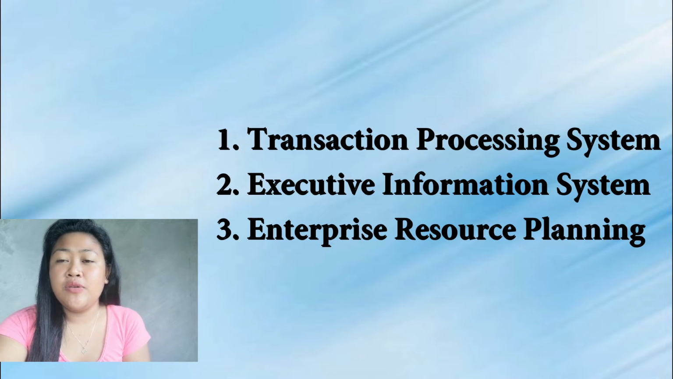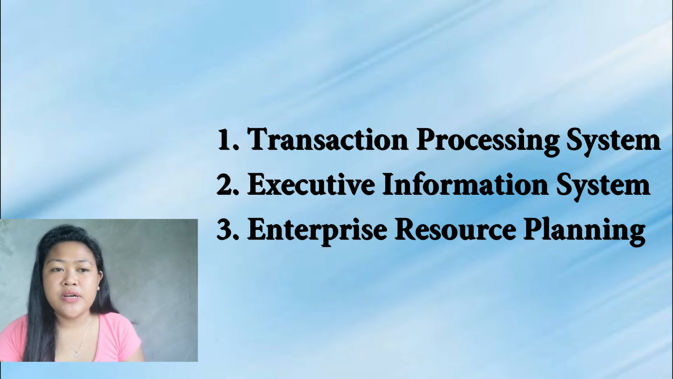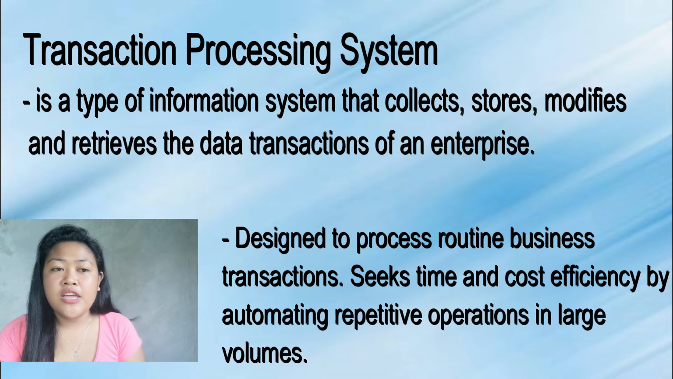So good day. Today we will discuss transaction processing system, executive information system, and enterprise resource planning. Transaction processing system. What is transaction processing system? Transaction processing system is a type of information system that collects, stores, modifies, and retrieves the data transactions of an enterprise. It is also designed to process routine business transactions and seek time and cost efficiency by automating repetitive operations